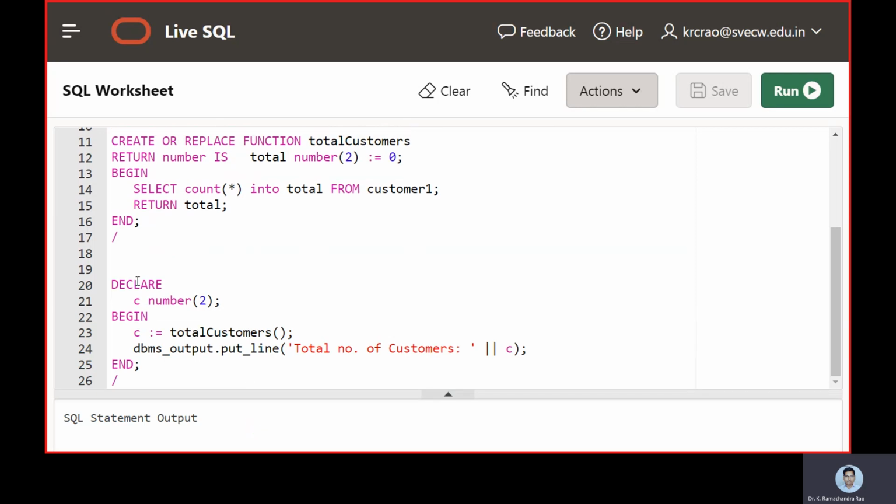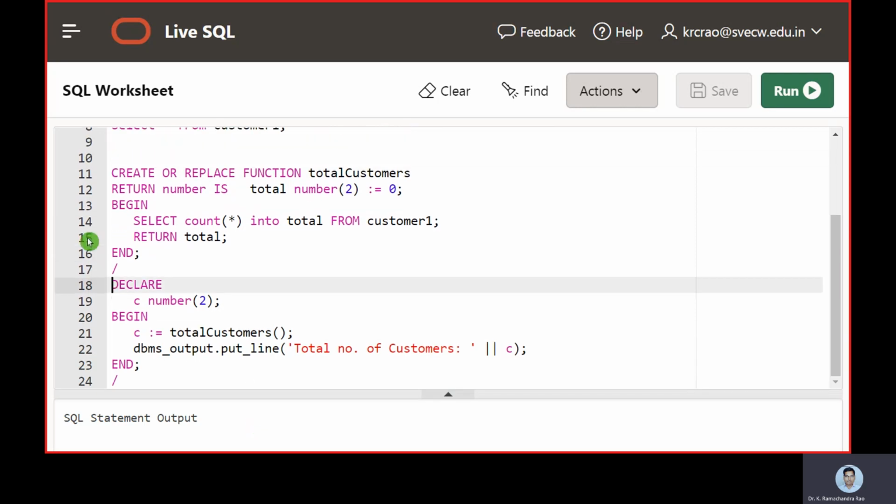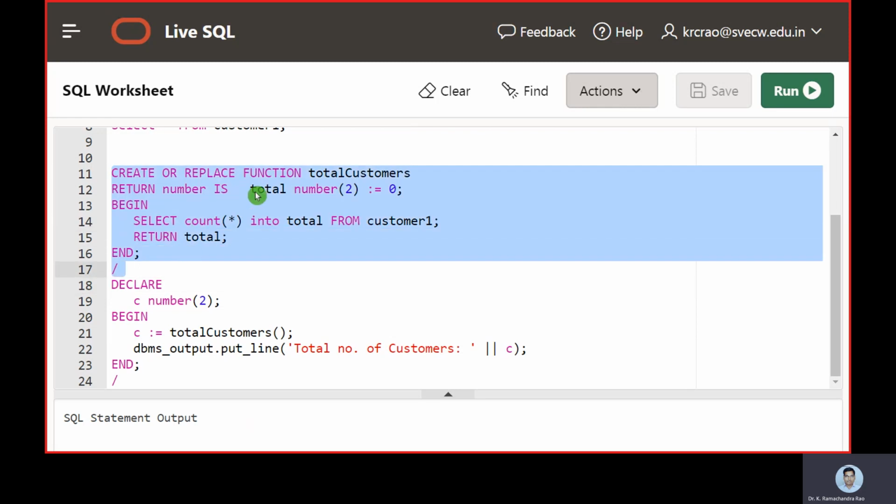Then we are now calling the customers: create or replace function total customers, and its return type is a number and it belongs to total, with begin and end for the function definition.